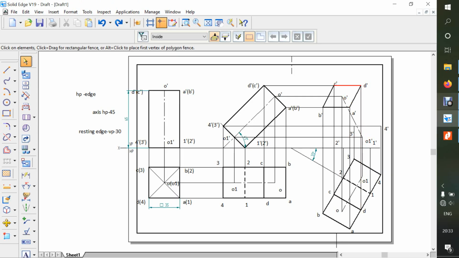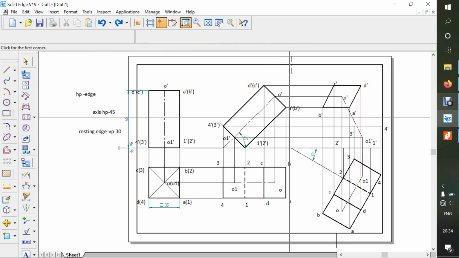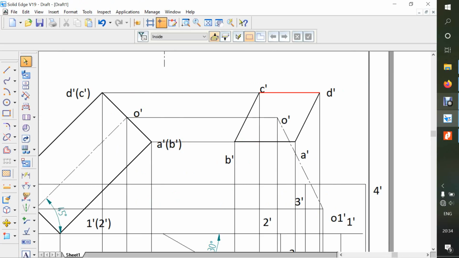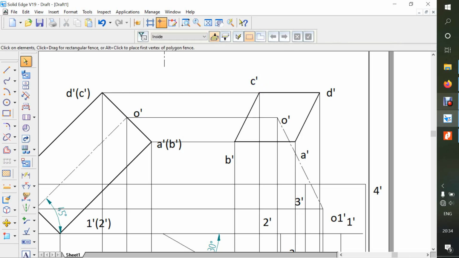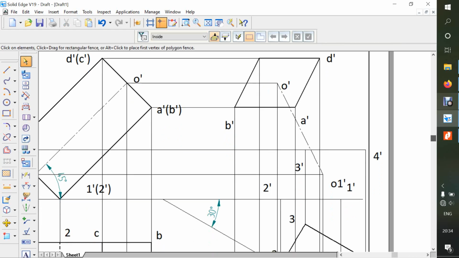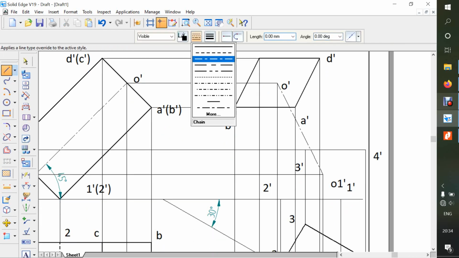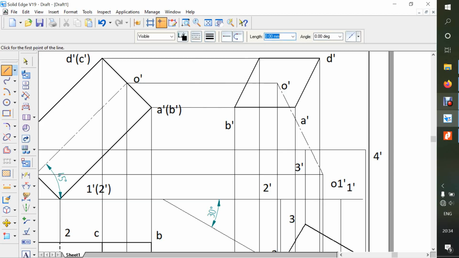Okay, so connect A, B, C, D. So just zoom this area and keep this C outside. Okay, so now just come downward. Okay, so now we'll connect the boundaries. Okay, take a look, continuous and 0.75.